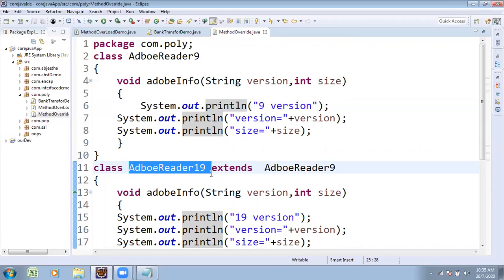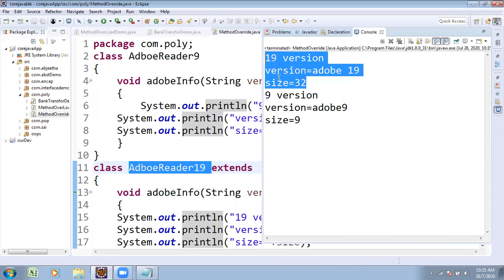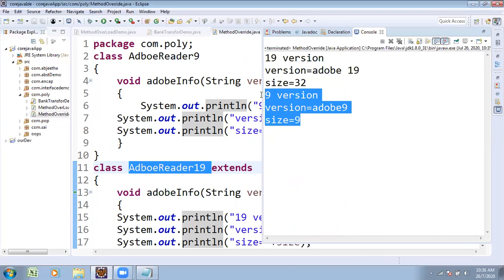That is called override. Old one is gone. In that place, the new version comes into existence. Suppose a customer wanted to utilize, they are ready to utilize the 9 version only. They are not interested in working with the 9 version of Adobe. They are interested in working with the 19 version. Overriding: the old one is gone, the old one is going to be replaced with a new one. Even if your customer asks, obviously explain about that one. But an already existing customer is there, and the existing customer is going to get that information. That is called override.